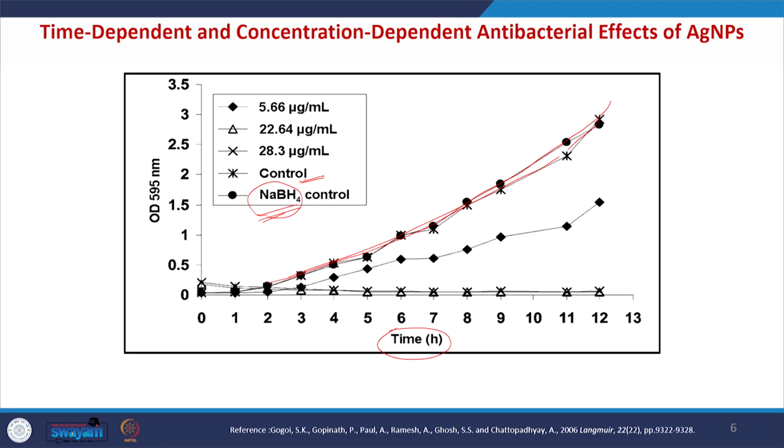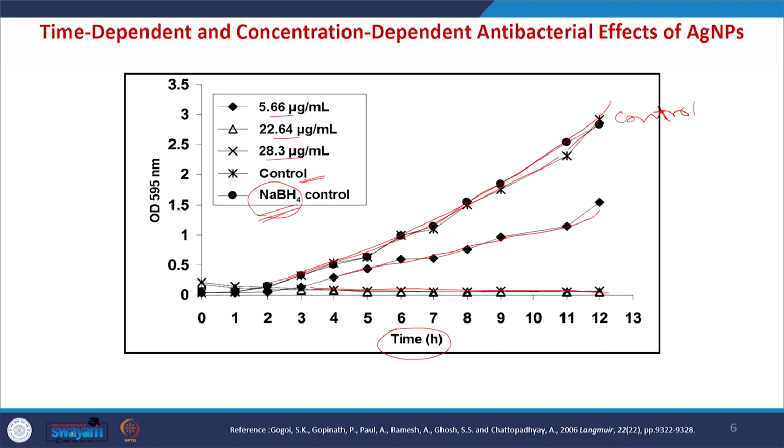And when you are using different concentrations of silver nanoparticle, you can see that with respect to the concentration and with respect to the time, the bacterial growth is going down. If you are using low concentration, the bacterial growth is there, but it is less compared to the control. Whereas in this case, you can see the bacterial growth is going down when you are using the optimum concentration, there is no bacterial growth. So, we can do the time dependent study as well as the concentration dependent study for understanding the antibacterial properties